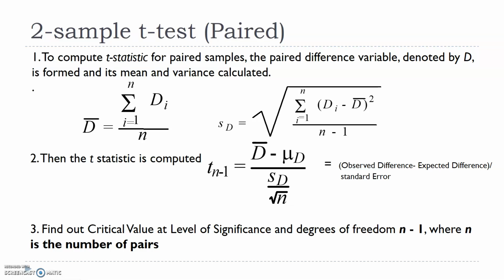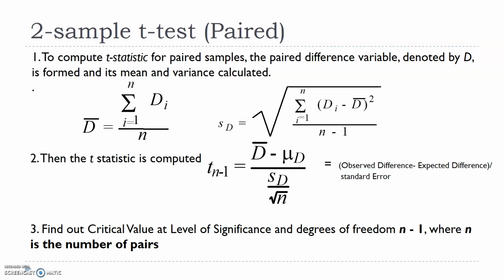The first step is to calculate the test statistic. Like I said, for each respondent I'm comparing two data points. If I take the example of blood sugar level, for each respondent I collected the before breakfast blood sugar level and the after breakfast blood sugar level, and I'm comparing the difference. I'm measuring the difference: what is the blood sugar level difference, whether there is a difference between before breakfast and after breakfast, right?